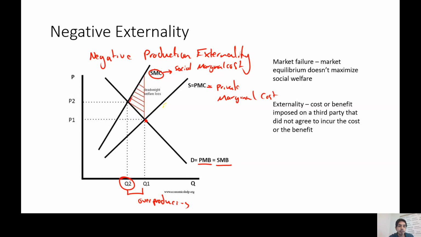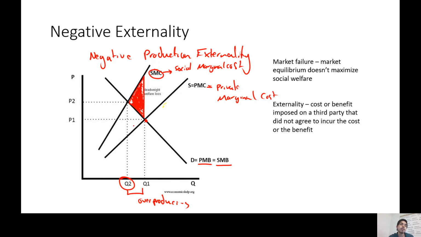And then we can actually draw a deadweight loss triangle, right, which reflects not market transactions that we would want to happen but don't happen, but in this case reflects market transactions that we don't want to happen but are taking place, right? If this was eliminated, we would be producing at the social welfare maximizing quantity, right? But this is taking place, right? Instead, we're overproducing. We're in a market failure.